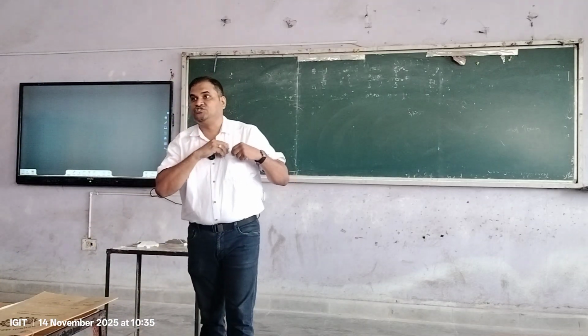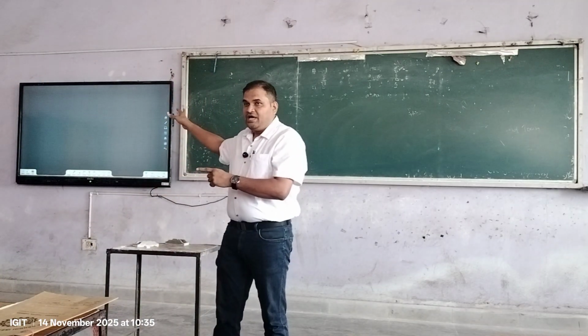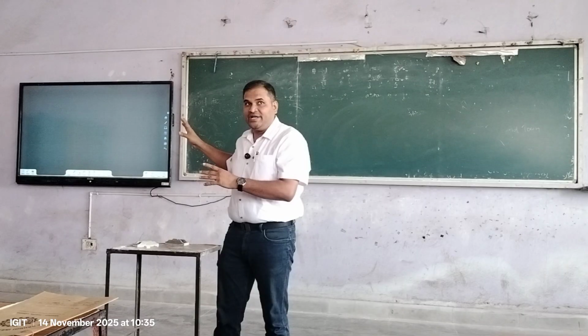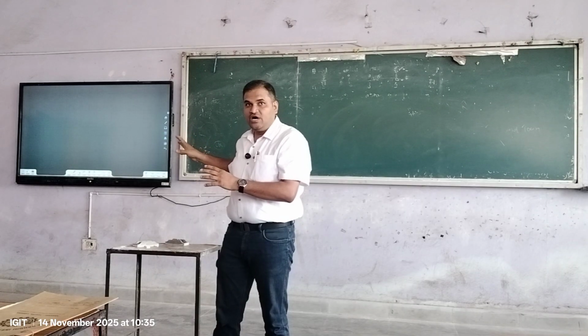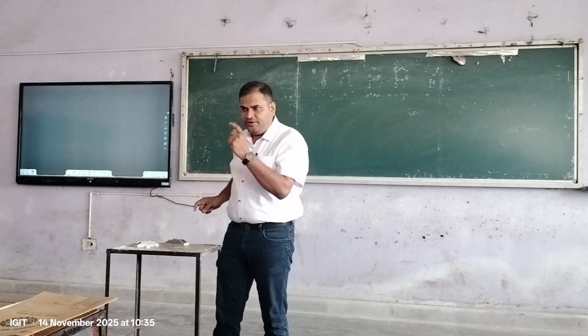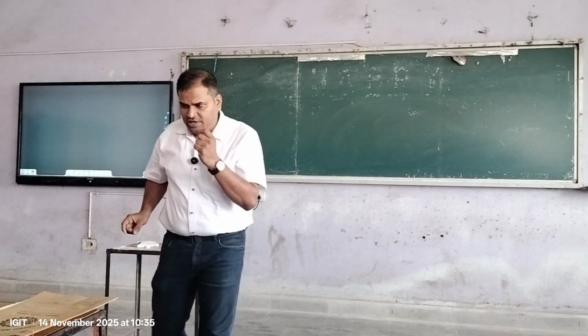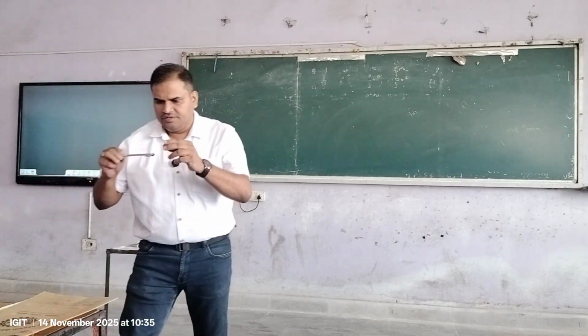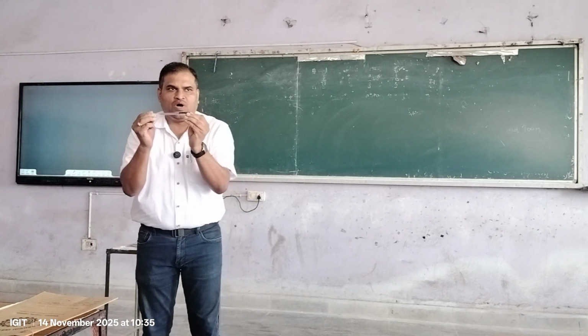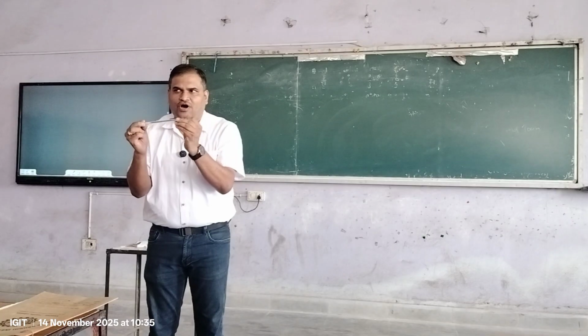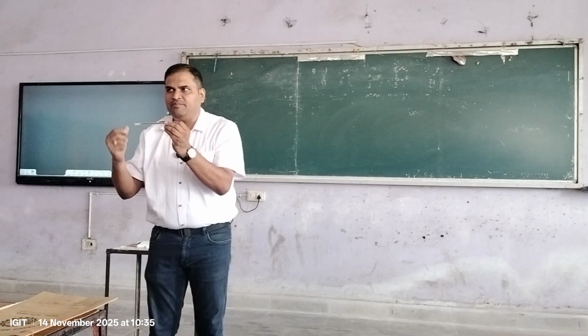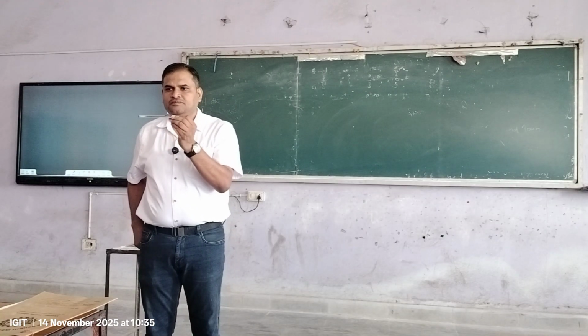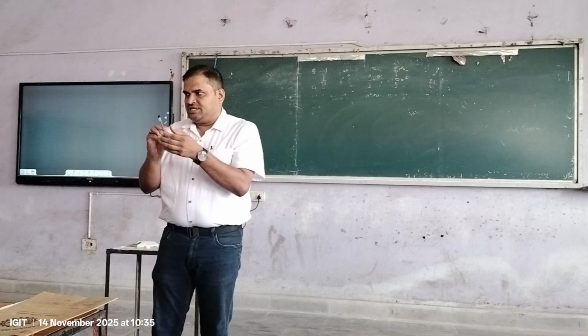So the same picture I will draw now here, and then one by one I will explain how it works. Now before that, can you tell me, if I want to induce an EMF in this wire or in this coil, what are the 2 different methods? Suppose a conductor है